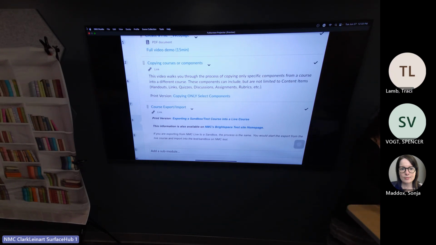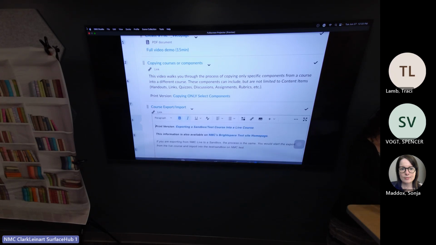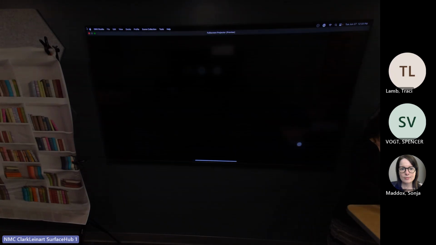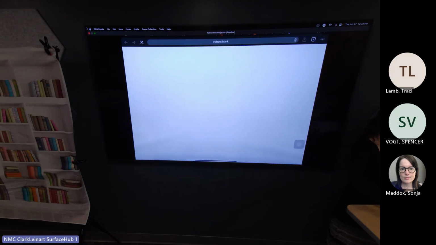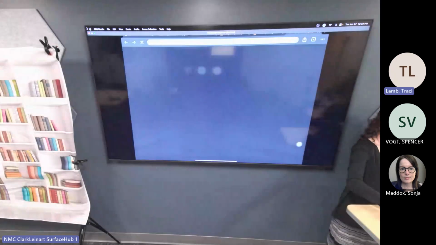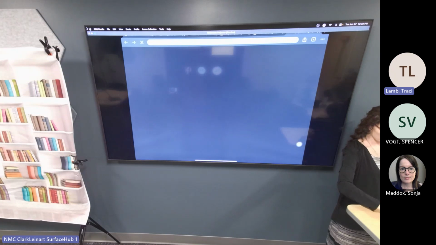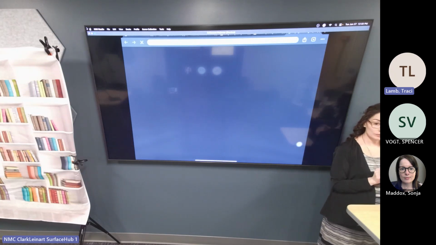Those instructions are right here. This first one is a link to a video, not the 15-minute video. And then anywhere there's a video, I always try to put a PDF as well, open in the window, so that you've got both if you want to watch the video and have your handout to follow along. So I could go ahead and work on my course here and then export it.